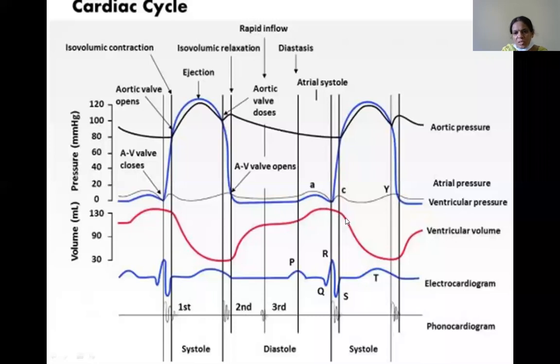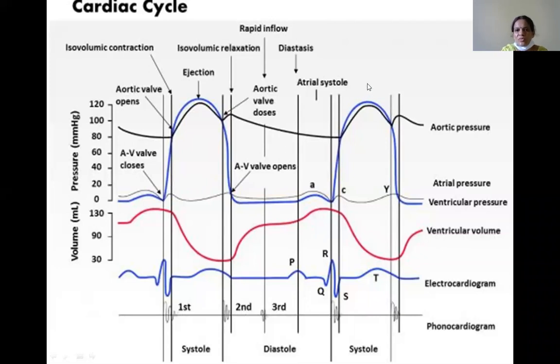So this volume is increasing, as well as, in this picture which shows these lines, the ventricular pressure will also be increased. So when this ventricular pressure outranges this aortic pressure, what happens here? The semilunar valves, that is the aortic valve, opens here. In this picture, it is this point. The aortic valve will be opened and the blood will be ejected into the ejection phase.